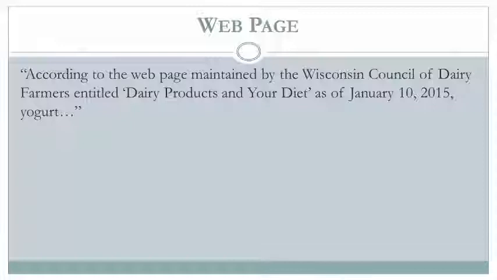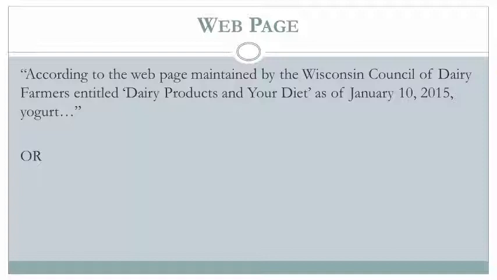Okay. When you give the author, organization, and sponsor, like we talked about with books and with articles, you also want to give a little statement of their credentials. According to the web page maintained by the Wisconsin Council of Dairy Farmers entitled Dairy Products and Your Diet, as of January 10th, 2015, yogurt, ... Okay, I've got the word web page in there. We know that this is from a website. The who, Wisconsin Council of Dairy Farmers, they're the organization that is responsible for this website. The what, an article from that web page called Dairy Products and Your Diet,